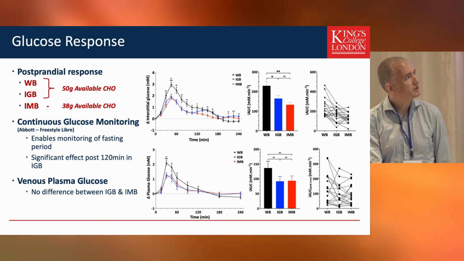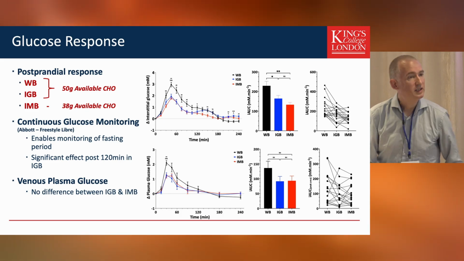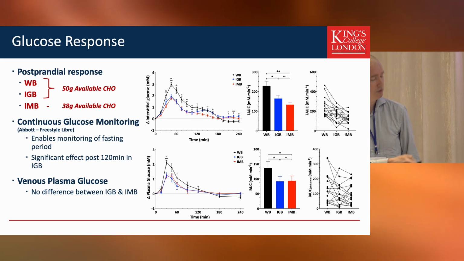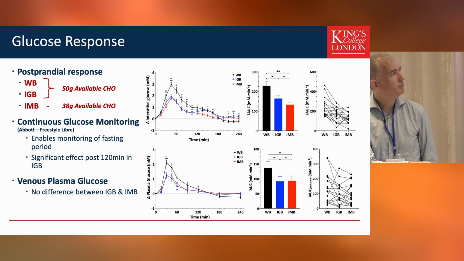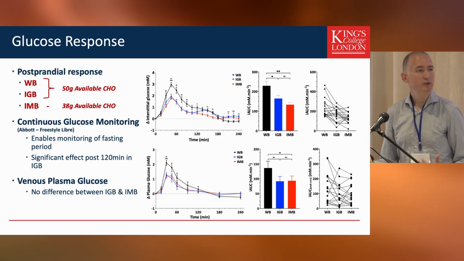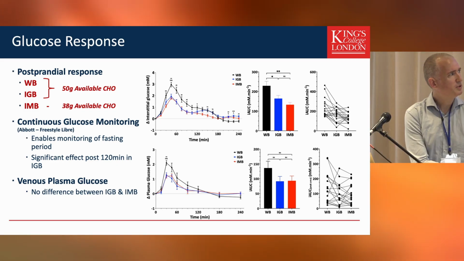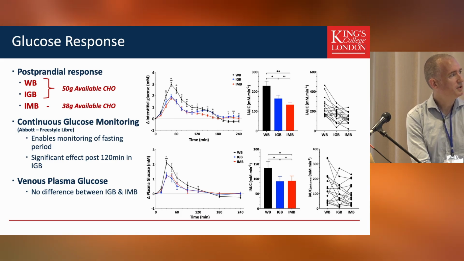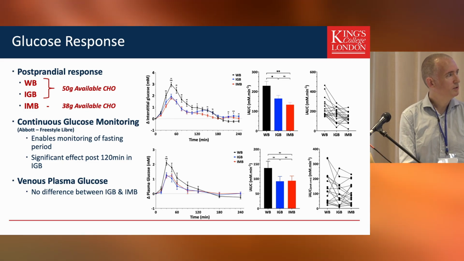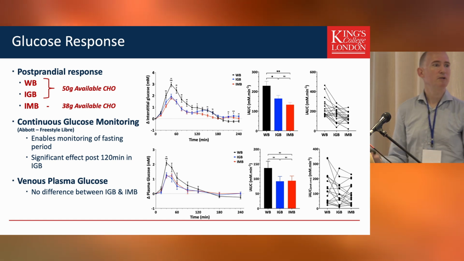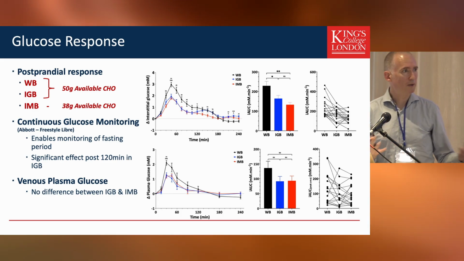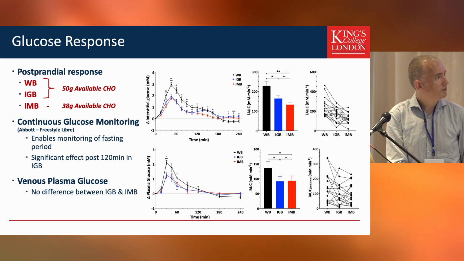What was interesting there is that while we saw a significant decrease early on, which relates to the decrease in available starch from the wheat flour, at a later time point, particularly for the isoglycidic bread, you start to see a second increase in plasma glucose. We only saw this in the continuous glucose, not in the plasma samples, partially due to sampling time, but I think partially due to the fact that we've lost that because the glucose has been utilised for metabolism.